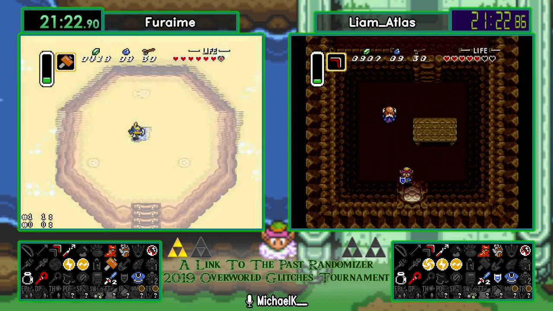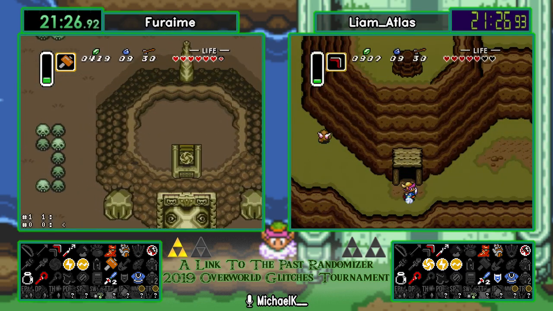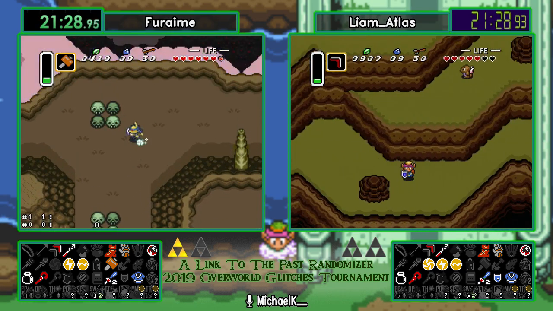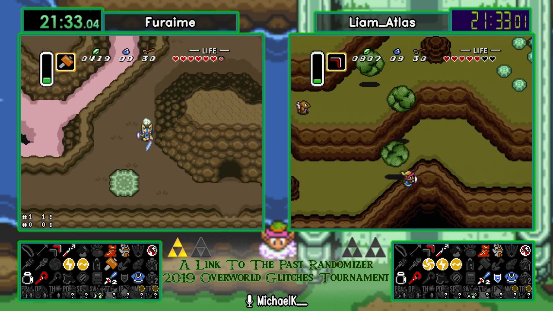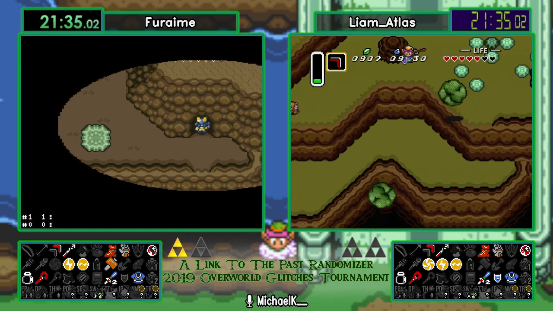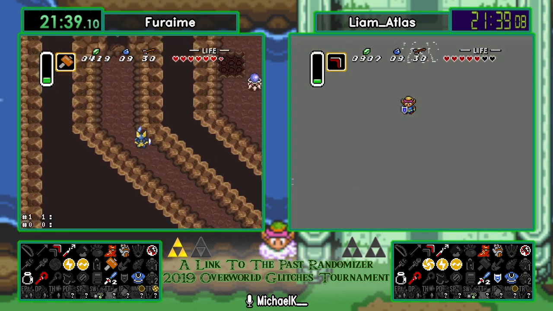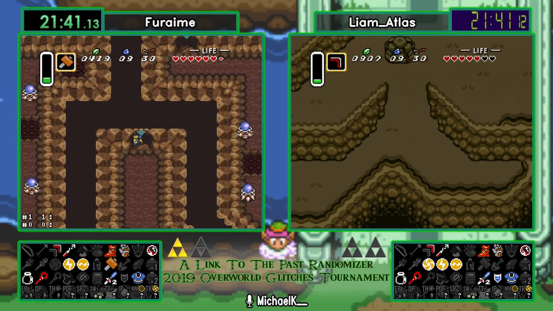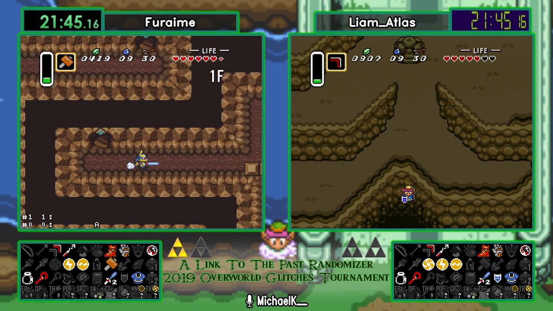And of course, Furaime with this hammer can just take the portal on top of Turtle Rock. Turtle Rock medallion being Bombos. We do know where that is by now, which is nice. And we do see Furaime check out what's in Super Bunny Cave,